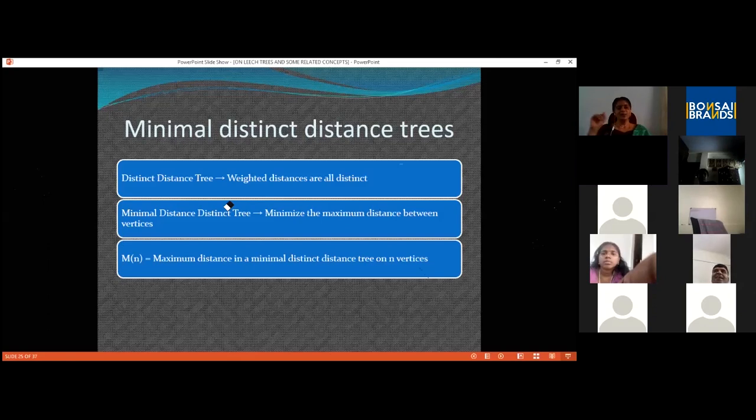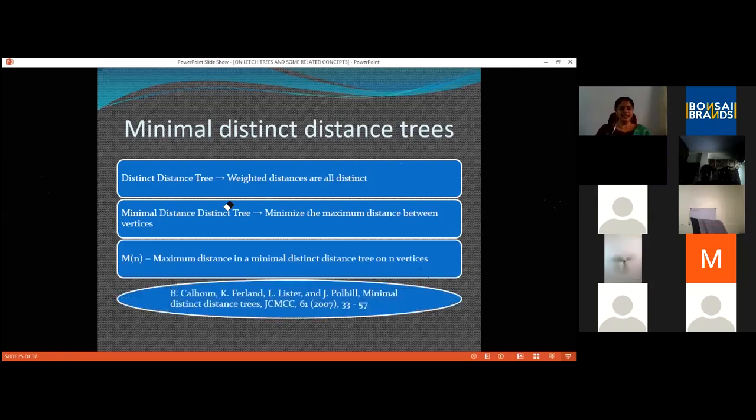Okay, so take all trees of order n, assign them edge weights so that the path weights are all distinct. From each tree, we get a maximum distance, and the maximum among all those gives me the value of m of n for a particular n.